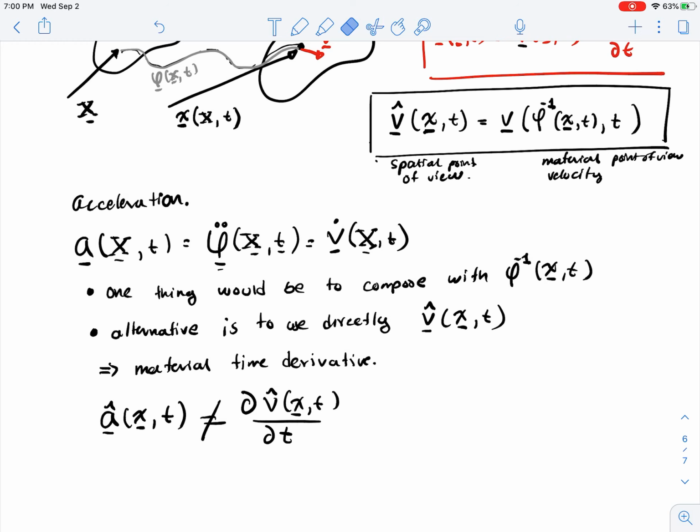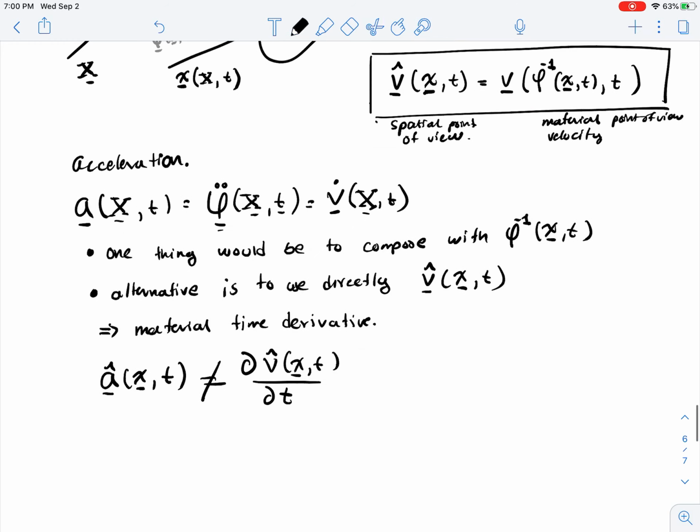But if I have, for example, this spatial field v hat, which is in terms of the little x, I cannot take a time derivative, and that's it. So this is not true. So this a, which, as I said, is the a composed with the inverse map,